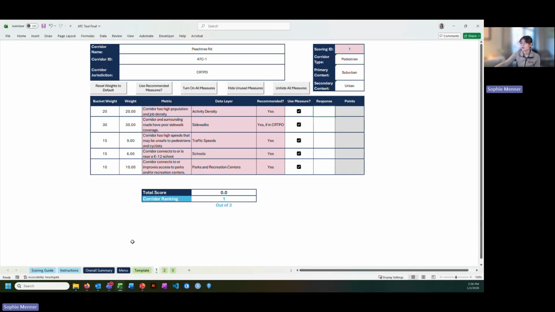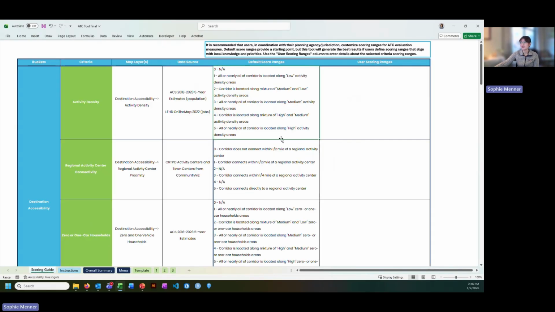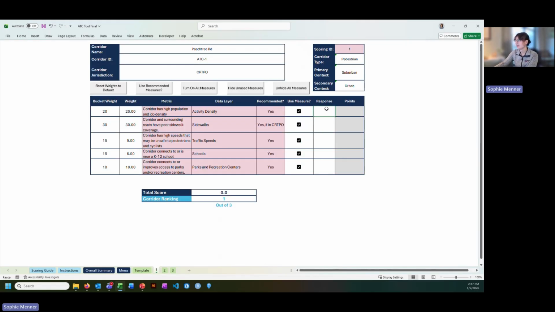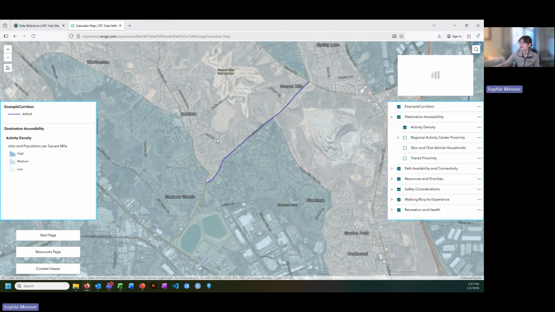Now, going back to our workbook, we can reference the scoring guide and see what that score should be for this corridor. And we see our corridor is located along a mixture of medium and low activity density areas, so it should get a score of 2. And so we will input that score there, and we see the amount of points that the corridor gets for that score. Moving forward to the sidewalk layer, we will again go back to the data reference,